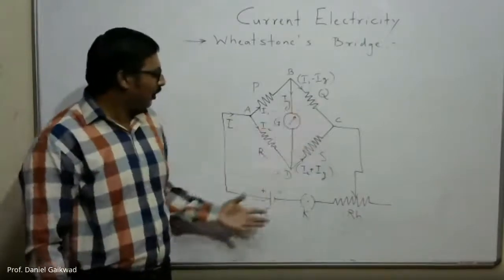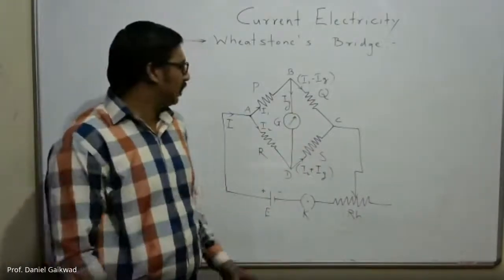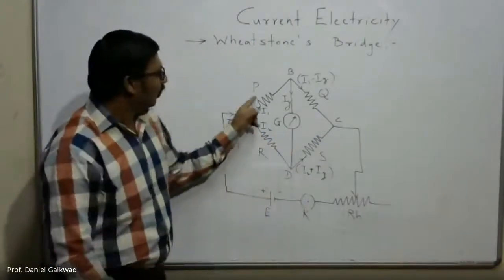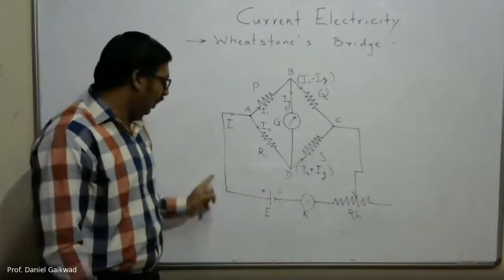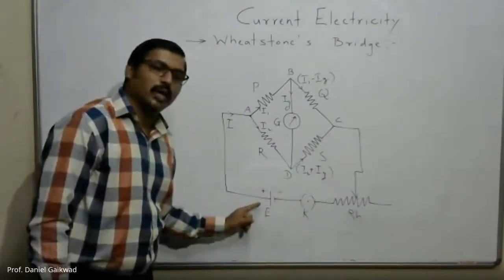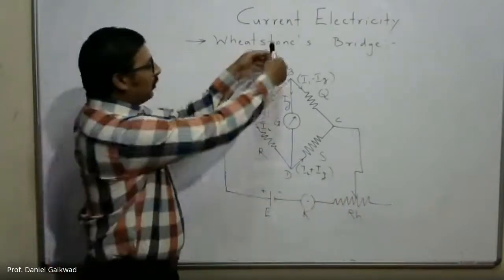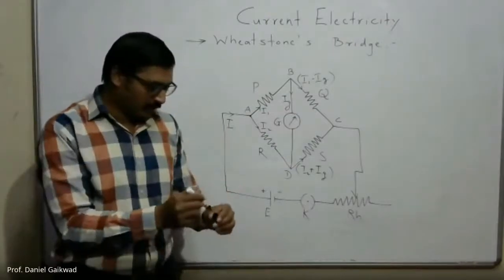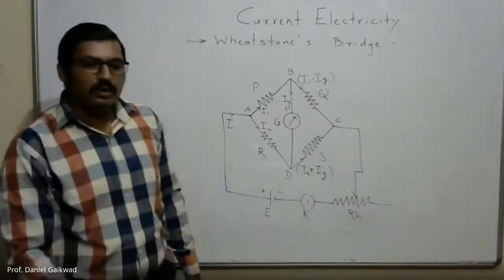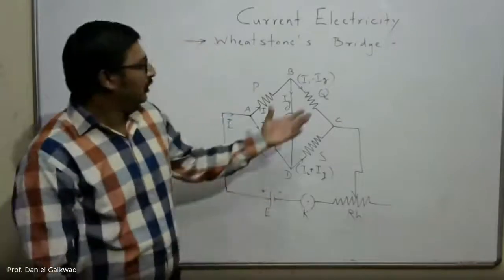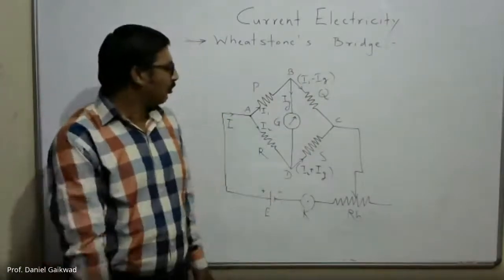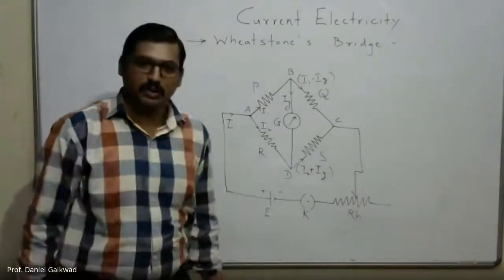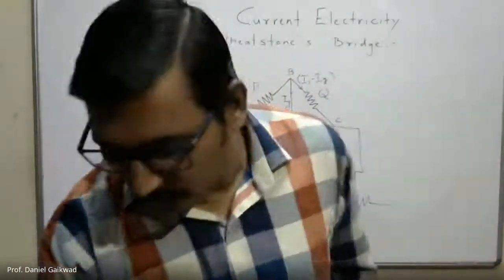So this we are going to learn in the presentation. How to draw the diagram? We have a technique of drawing the diagram. First of all we draw four resistors. Then we give the supply with the help of battery, key and rheostat. Then between B and D we connect the galvanometer. So this is the technique of drawing the diagram. Now we will begin with the presentation, in which we have a number of equations, how to solve them, and certain conditions of the Wheatstone bridge. So now we will go towards the presentation.